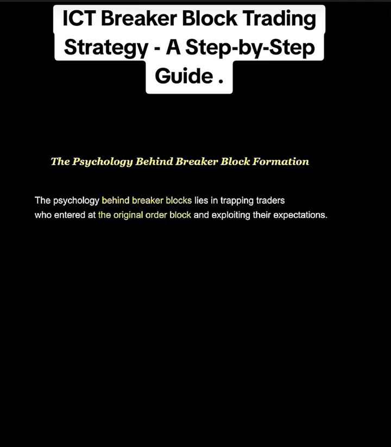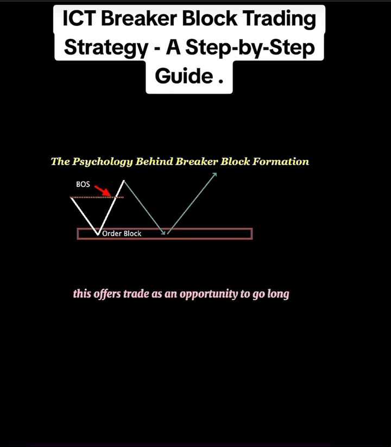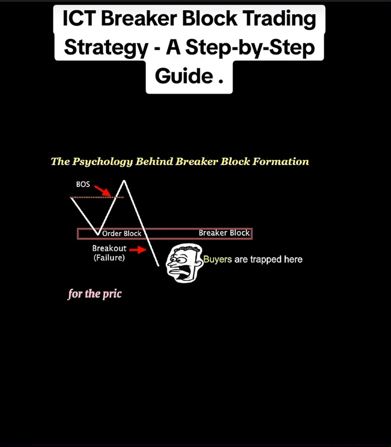The psychology behind breaker blocks lies in trapping traders who entered at the original order block and exploiting their expectations. Imagine this. The market breaks a structure above the previous high, forming a valid order block. This offers traders an opportunity to go long, believing that the price will respect the demand zone. However, if the market shifts and breaks below the most recent low, the directional bias changes to bearish. The original demand level, the order block, becomes a supply level as the market breaks through the zone and turns it into a breaker block. Now, traders who went long at the original order block are trapped. These traders are waiting for the price to return to their break-even point so they can close